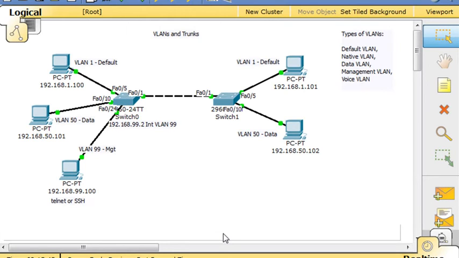Okay, where I left off was I have VLANs on these two switches. I've got VLAN 1, the default VLAN, and a PC on that and a PC on that. And they can communicate across this link because this link is by default part of VLAN 1, just because every port on the switch by default is part of VLAN 1. Now if I want this PC, which is on VLAN 50 and has a 50 network, to talk to this PC who's also on the 50 network and on VLAN 50,